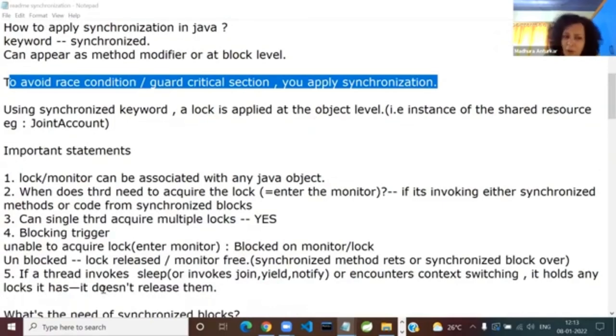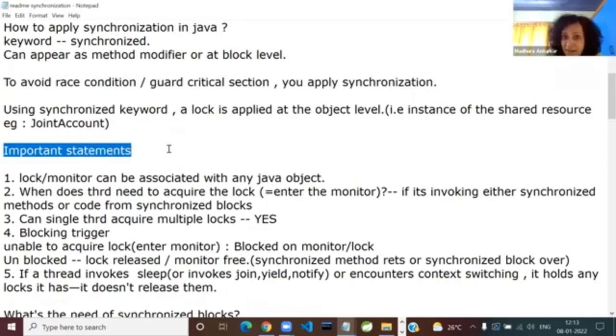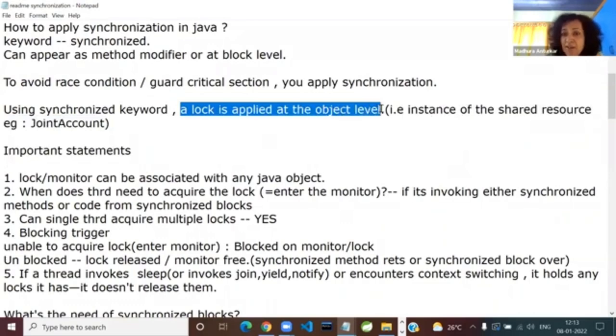Another important statement. All these are really important. I'm not just writing them for no reason. They are really important for your understanding. So understand that here in Java, when you add a synchronized keyword, you have to understand where the lock